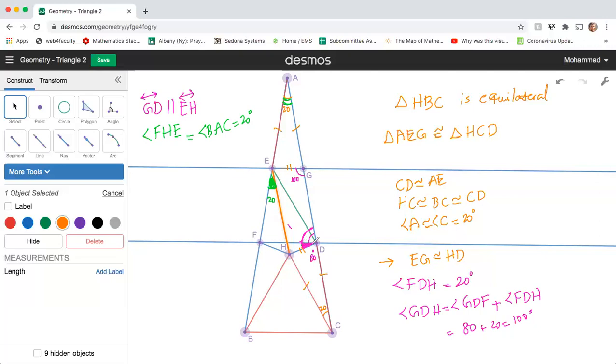This purple angle here is also 20 degrees. And so the quadrilateral FEDH is inscribed. Also, the angle FDH is 20 degrees. And so the quadrilateral EDHF is inscribed,